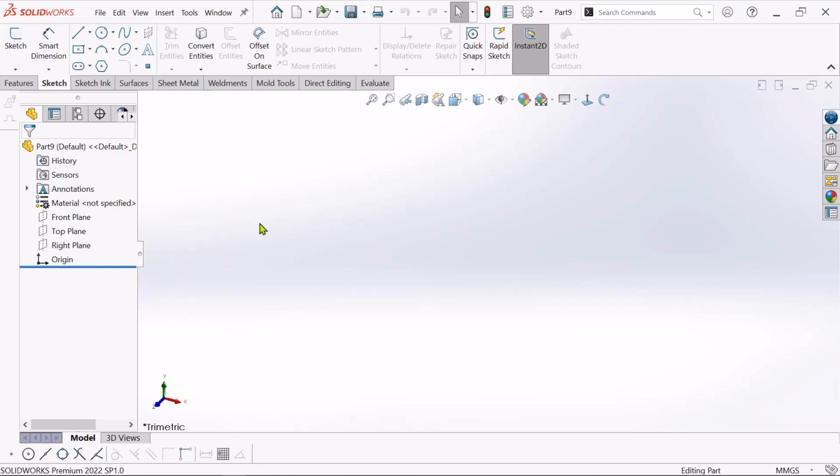This is level 12. In this level we will learn how to sketch a 3D line. At first we have to choose this sketch. Just click here and choose this 3D sketch. Click on this 3D sketch